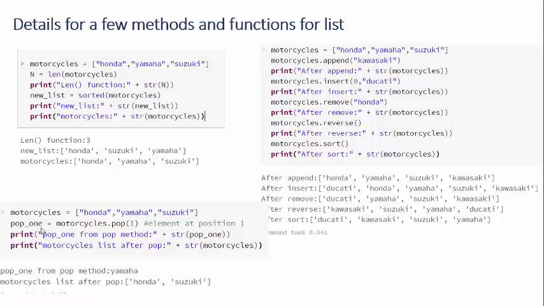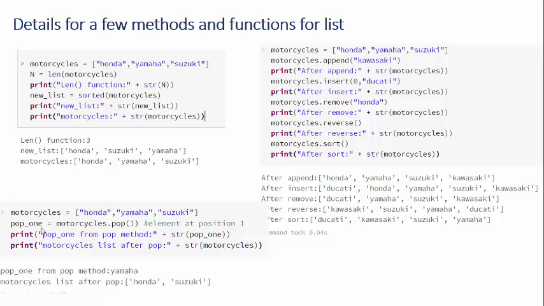The order is defined by their index, and the index always starts from 0 for lists in the Python language. And we can append, insert, remove, and also pop elements from the list,